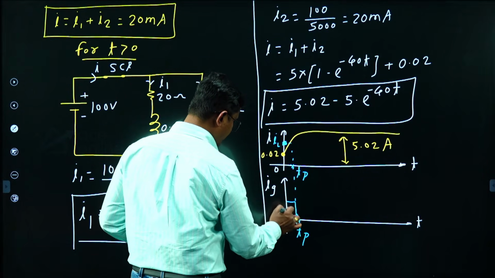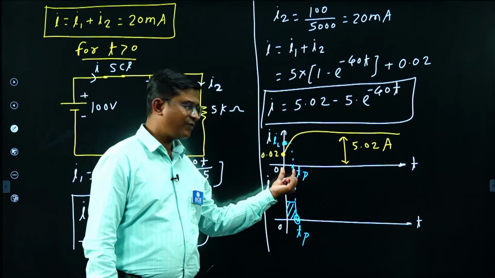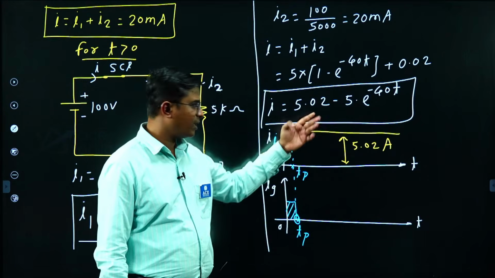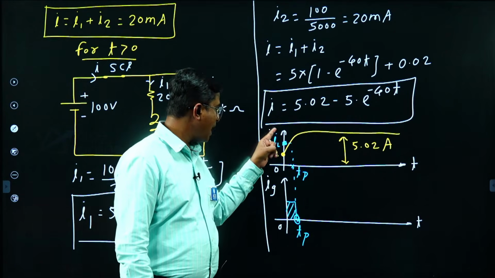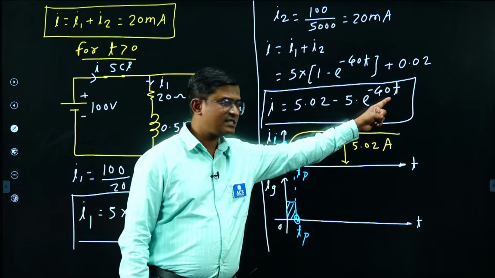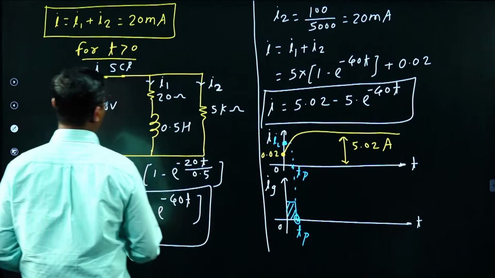So this is my gate signal now. Pulse width is now TP. How to find this TP now? In this expression, simply put at t equal to TP, I is equal to IL, right? In this expression, replace t with TP and I with IL. So I can write here, now IL equal to